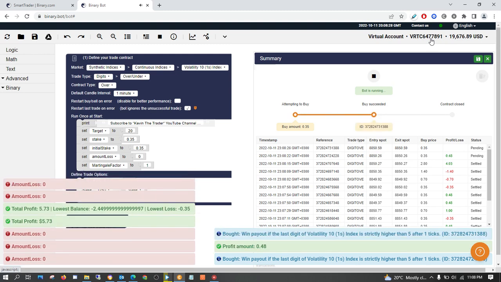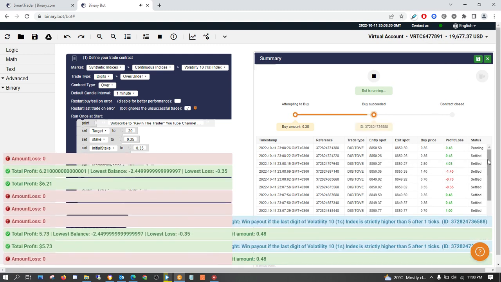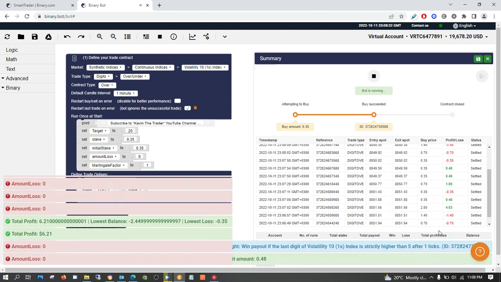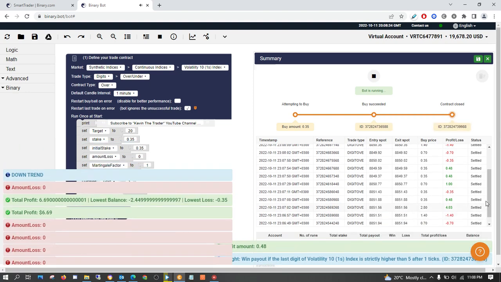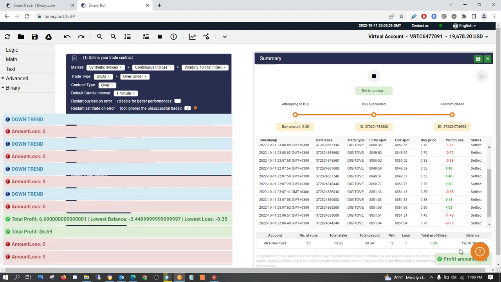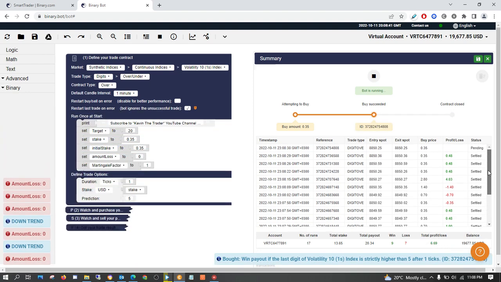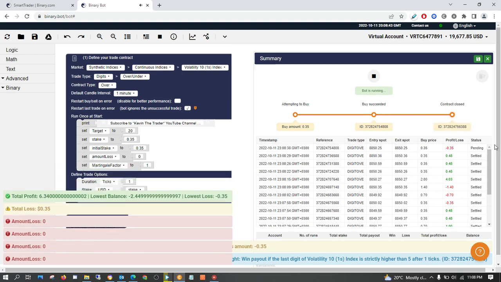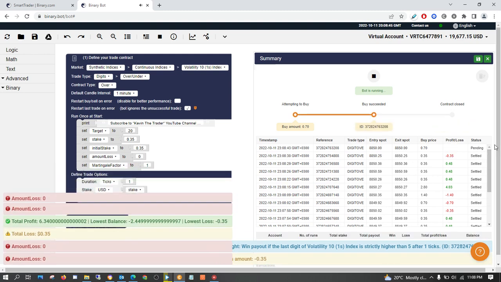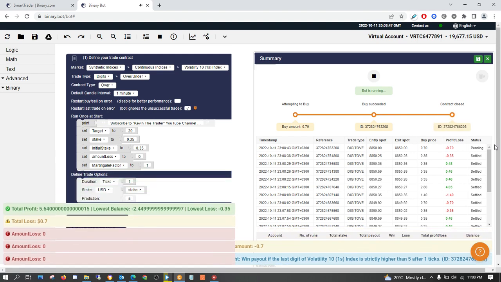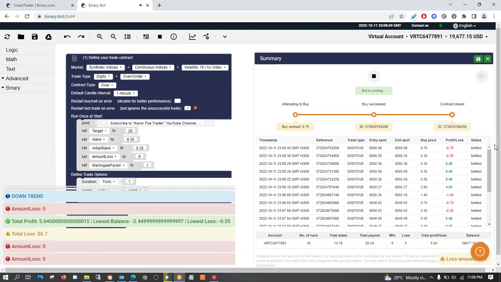And most of the time, guys, take your profit at $5. Okay, unless you want to go higher, but most of the time take your profit at $5 so that you don't lose more on your way. So you take $5 and then you trade again.